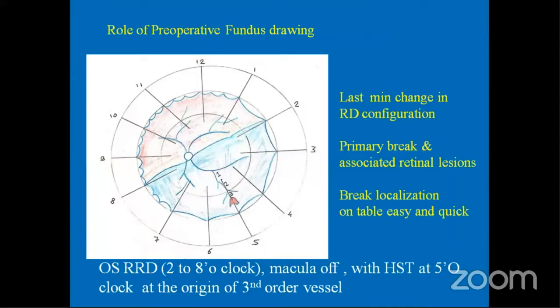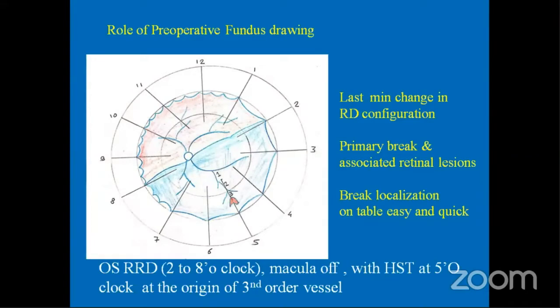The preoperative fundus evaluation, I stress it again, is very crucial. It takes time, it is laborious, but it gives you good results and a good outcome. It helps one to find last-minute changes in the retinal detachment configuration. I remember a case of PVD-induced retinal break and detachment. I saw the patient 2 days ago in the OPD, and on the day of surgery, just before I posted for scleral buckle, and just before anesthesia, I saw there were multiple rows of retinal breaks, and now it was no more buckleable. So it's very important to reconfirm the configuration pre-op.